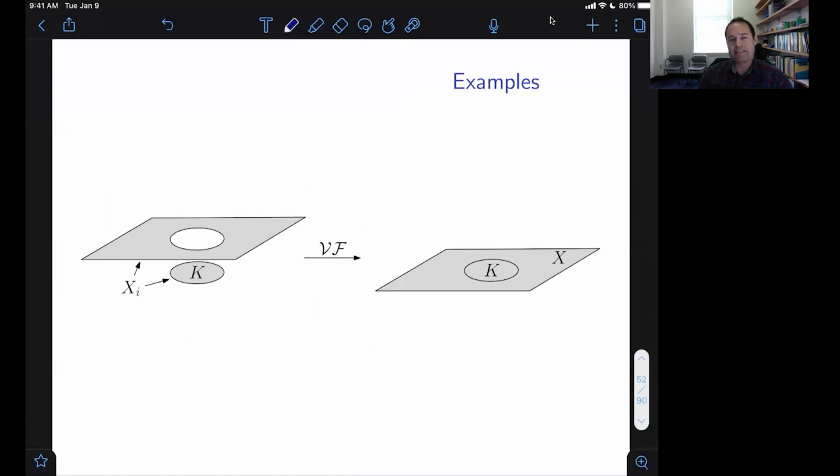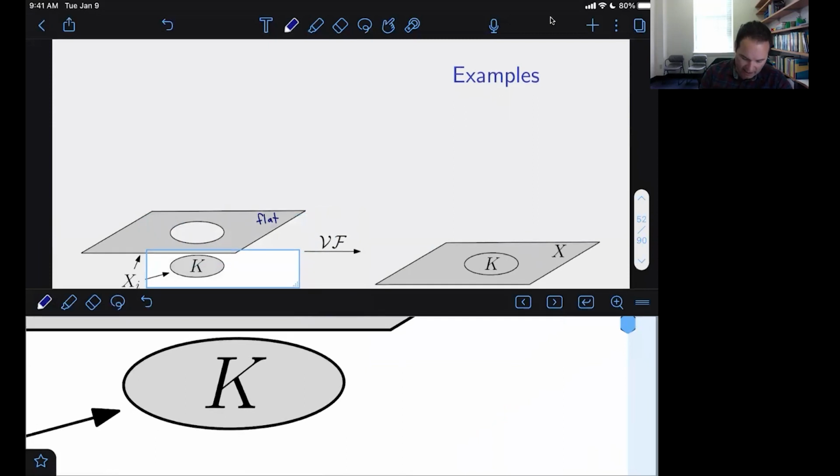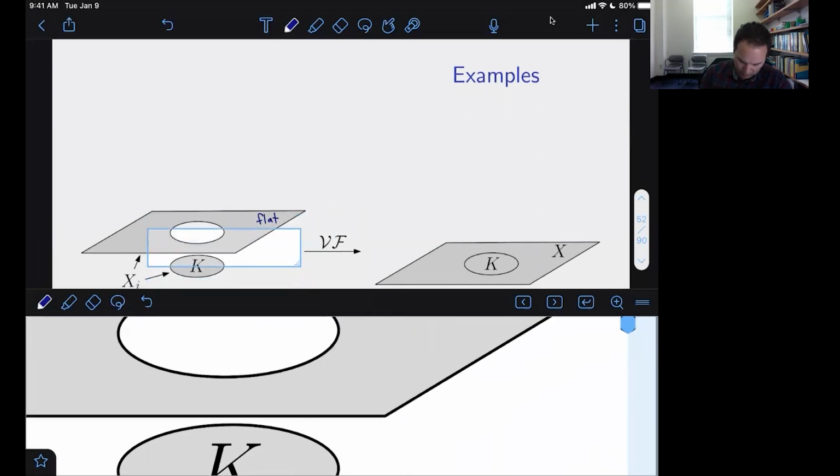One thing to note is you could already see this capacity jump even just for smooth manifolds with smooth convergence, just by the end behavior changing at infinity. These examples don't involve changes to the end behavior. The interesting stuff is happening localized on a bounded region. So with this example, you can literally just think of these as subsets of R2 embedded inside of R3. This is just a flat plane with a disk cut out of it. The disk is cut out and slid down.